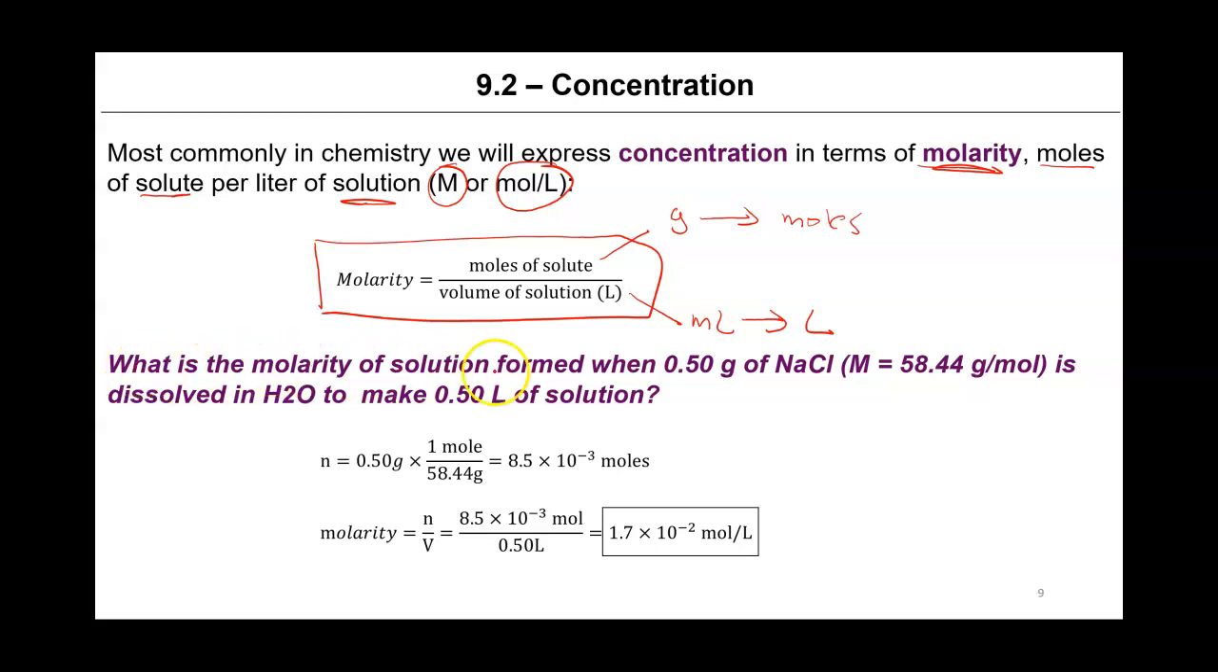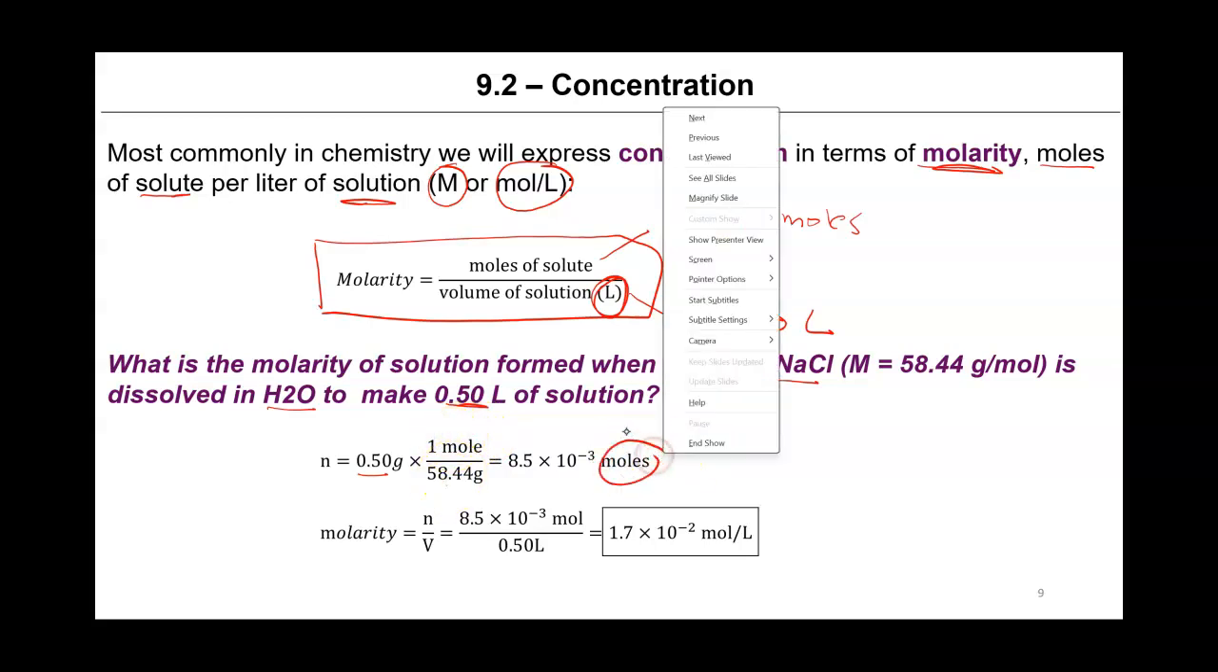So a good example of that is this problem here. It says, what is the molarity of a solution formed when half a gram of sodium chloride is dissolved in water to make half a liter of solution? So we're lucky because our volume is given in liters, but our amount of solute is given as a mass, not in moles. So the first thing I'm going to need to do is to take my half a gram of solute, multiply it by 1 over the molar mass,